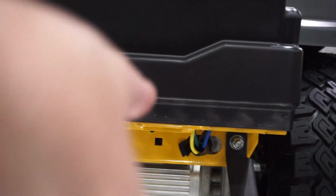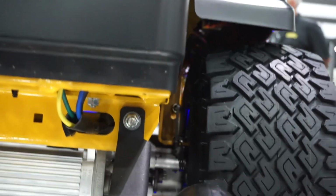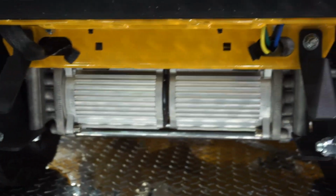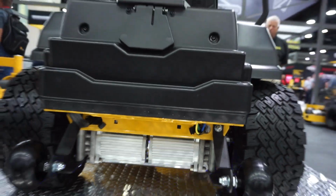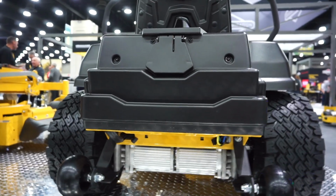Interesting thing about... I think it says it right there, but I can't get enough light on it. On the side it does. Over on the side, okay. What's interesting about these for you, the dealer, again, there's no left and right. One transmission, you switch a little bracket and it can operate on the left or the right side. So that bracket just changes how far the...